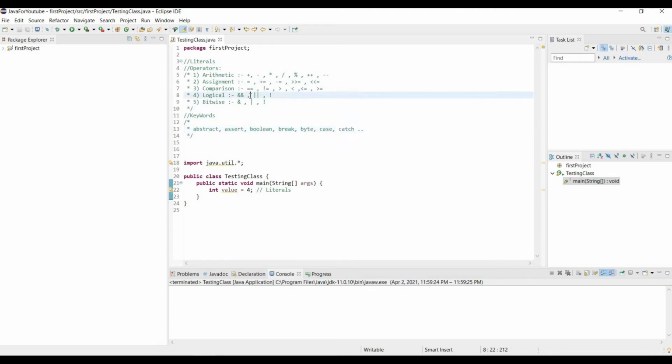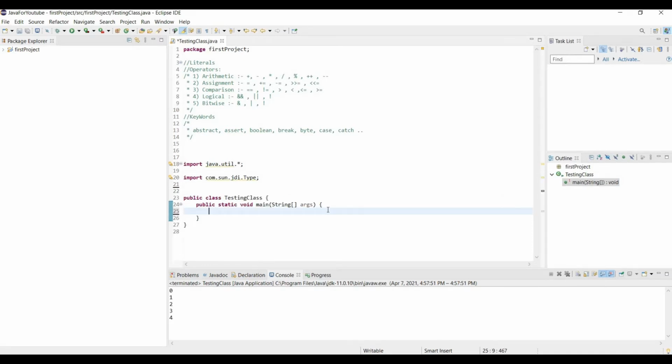So what is a keyword? Keywords are words which are predefined, and there is a specific use of each and every keyword. If you are using any of these words, there are some predefined rules that they perform. So you can't use a keyword to store a value, or to name a function, or to name a class. Okay, so right now this is our theory part. Let's come to the practical.